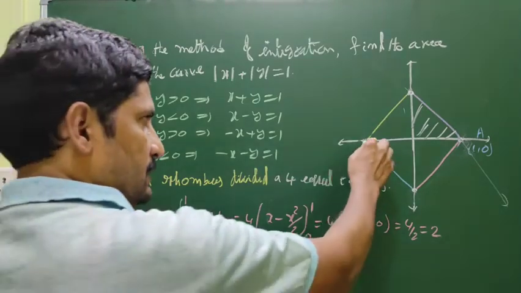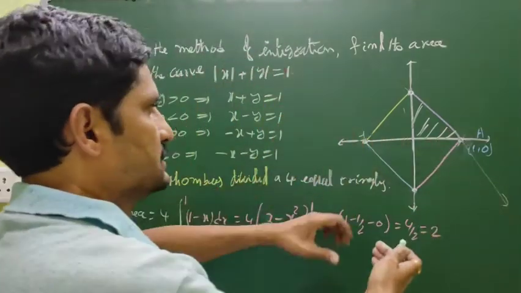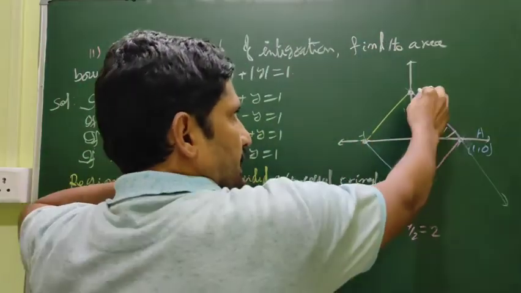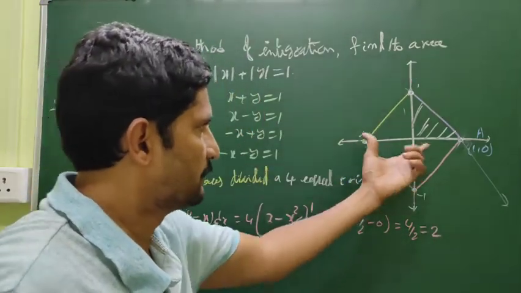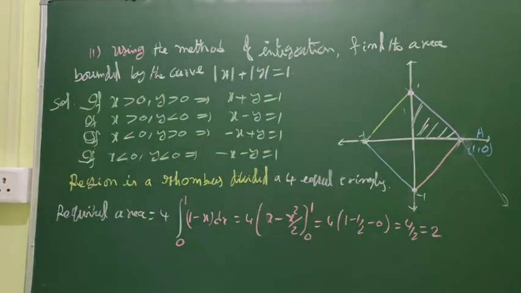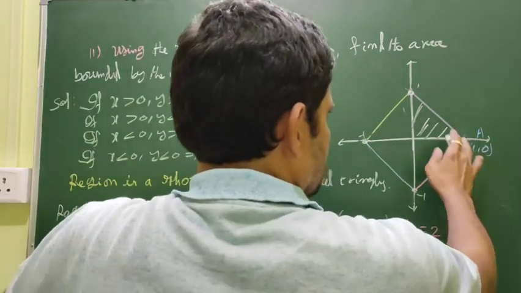Mod x here is 1, and this is minus 1, 1. In the middle of this only is x, and the middle of this is y equal to 1, y equal to minus 1. The diagram came only between the middle of this and the middle of this. So it should be a closed figure.